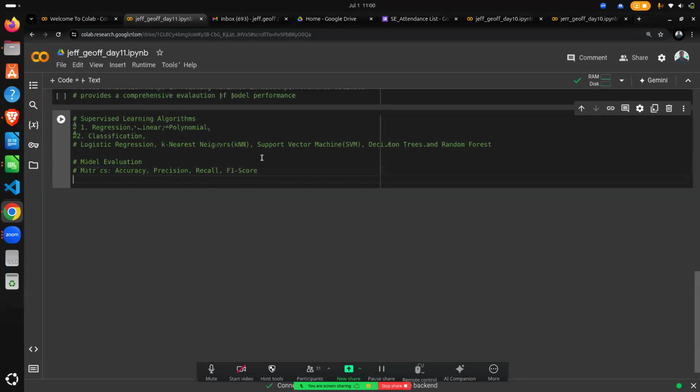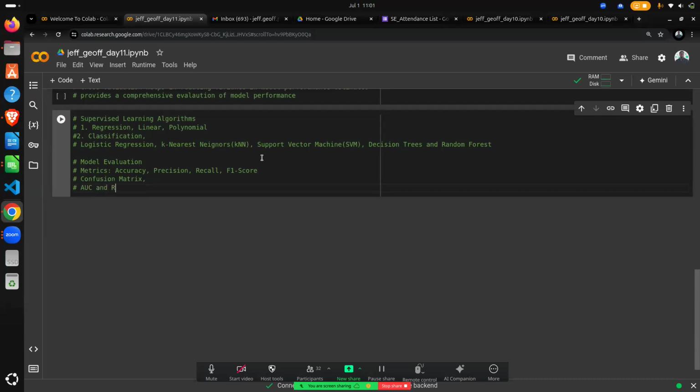You can also use the confusion matrix, precision, recall. And then we can use the last one, which is going to be AUC